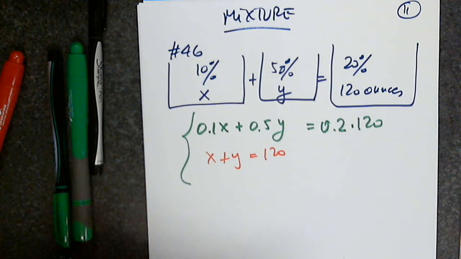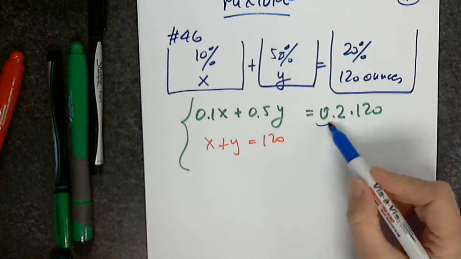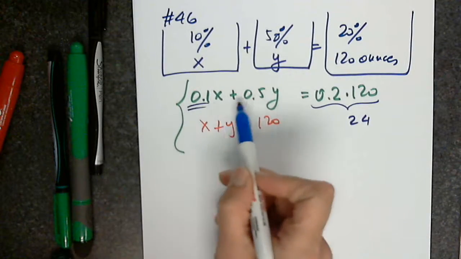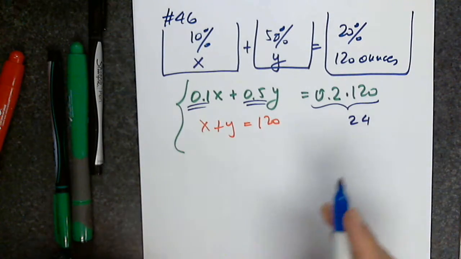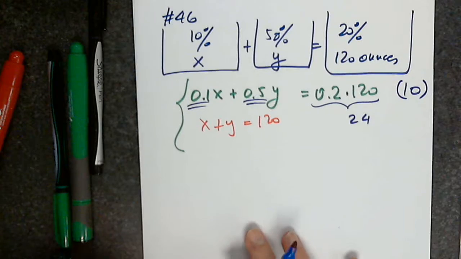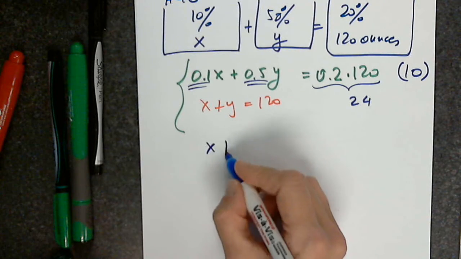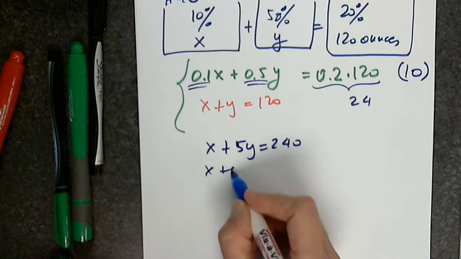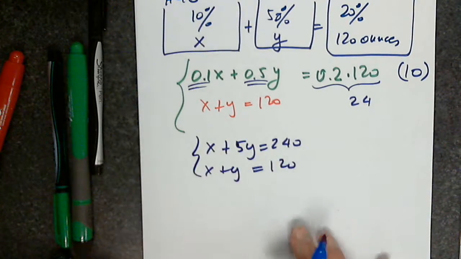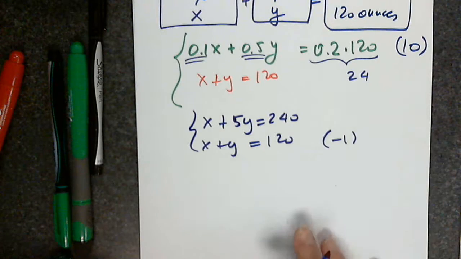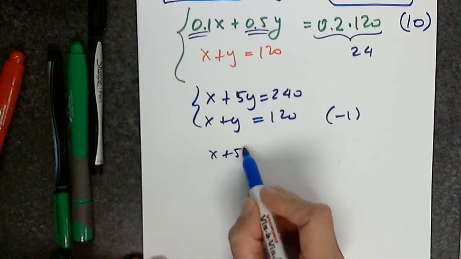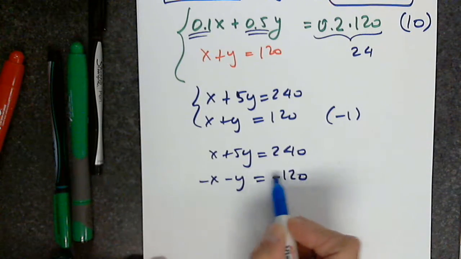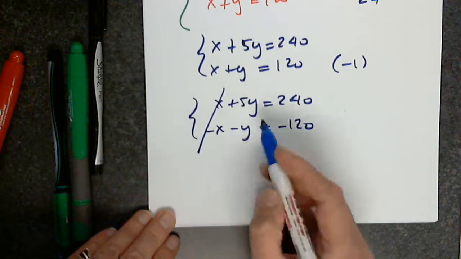Here's what I would have done with this problem. Of course, you're right, this is indeed 24, right? But I prefer eliminating these numbers. So I would have multiplied both sides by 10. You don't have to. So I said x plus 5y equals 240, and x plus y equals 120. I would have multiplied the second one by -1. X plus 5y equals 240, negative x negative y equals -120. I would have eliminated this,